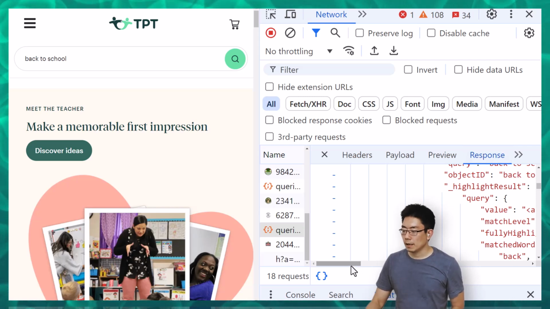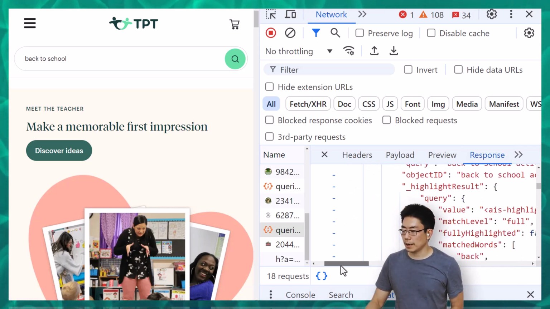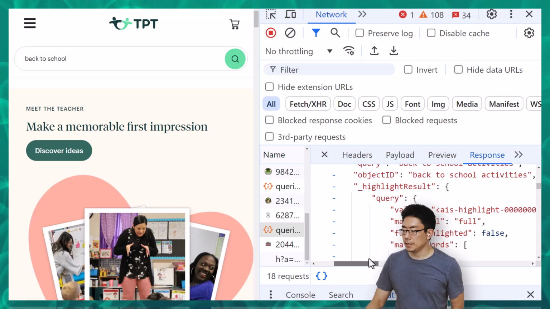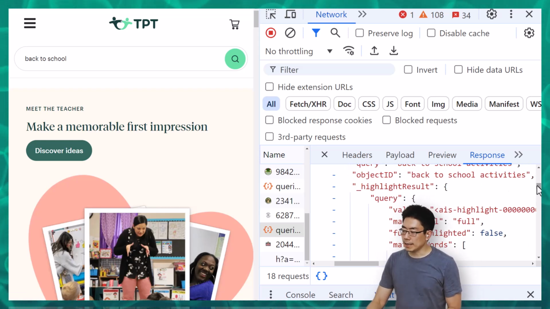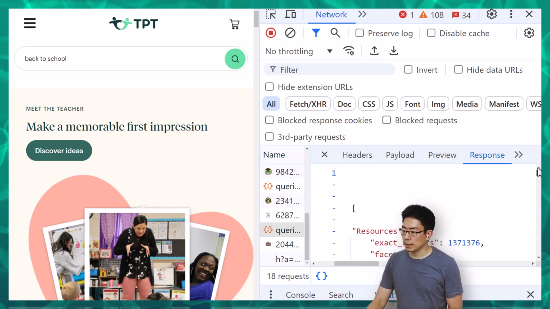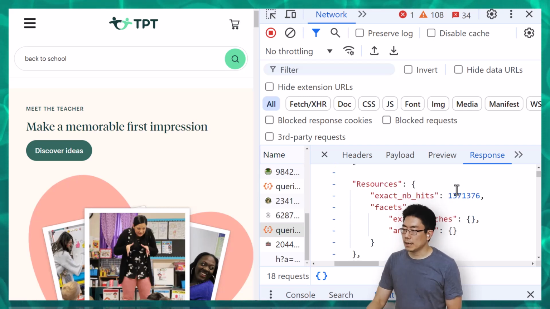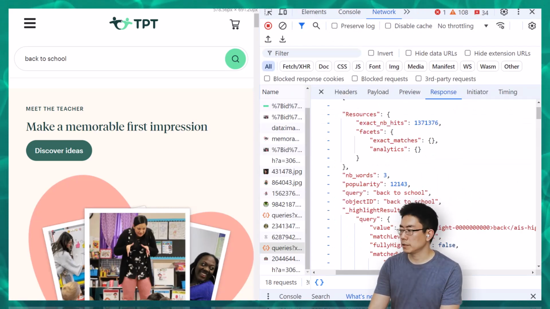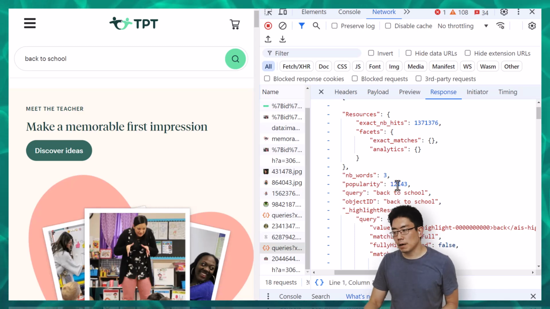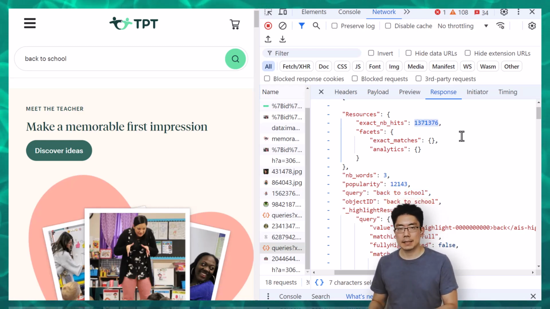And now if I click on this bottom scroll bar, I can scroll to the right and left. And I see some words like query. And on the right-hand side, there's a scroll bar up and down. So I can go up and down. And I can now see, I'm just going to press Control-minus to zoom out a bit. I can see here it says popularity 12,143. It says query back to school. And then up here it says exact NB hits, exact number of hits. And it says